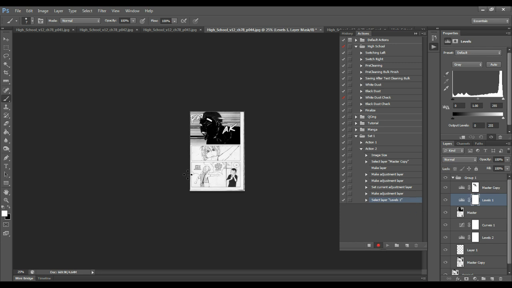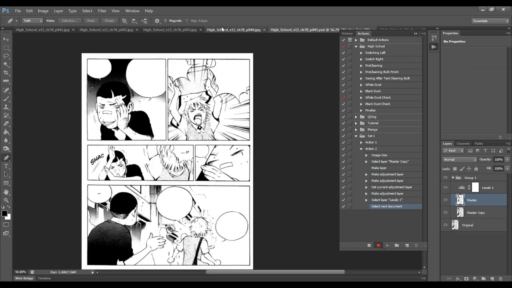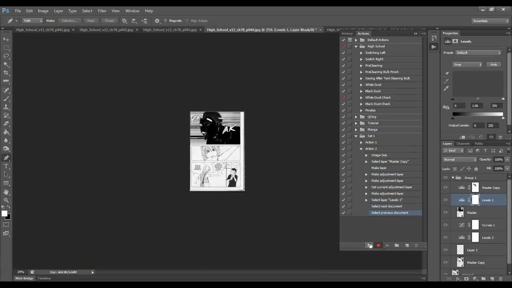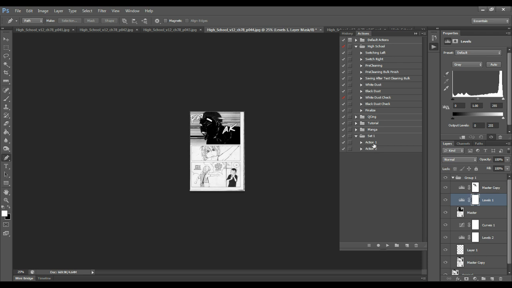and press record, and then do all you need to do, selecting options, doing some levels, organizing your folders, switch back and forth between tabs, stuff like that. And then press stop. And your action is all ready to go. Now all this will be in set 1 in the folder, so you make it all nice and easy and organized. And I believe that's all I really need to